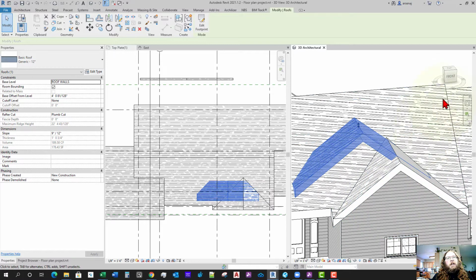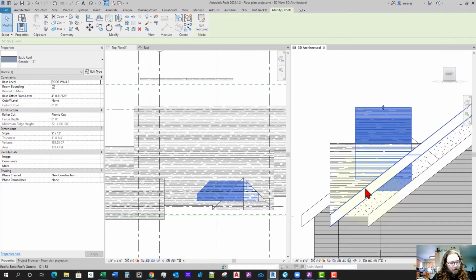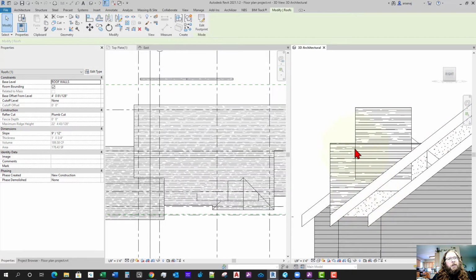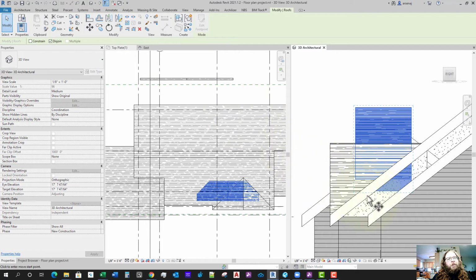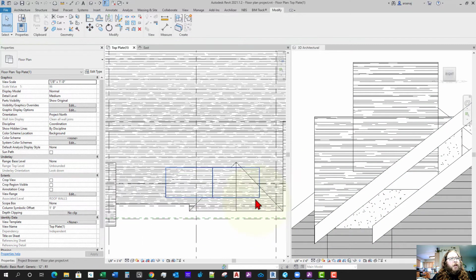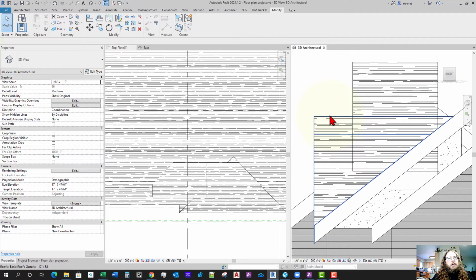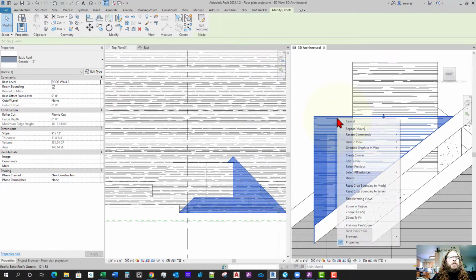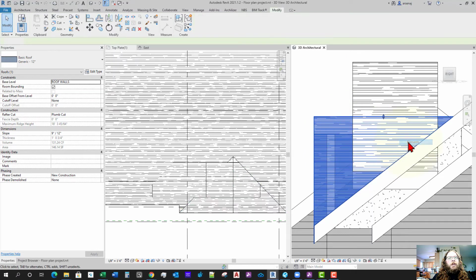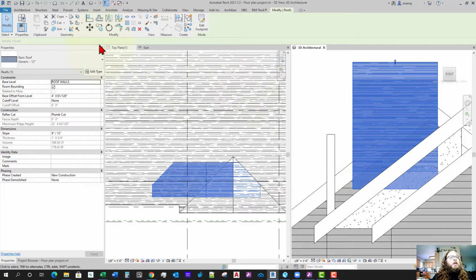Now the interesting thing again is if we go to our front view, let's go to the right view. Oops. If we go to move, if that corner, we can do it in the plan view to see it easier. Let's hide this roof. I'll show you how to hide this. If you right click, you can say hide in view element, and then I'll show you how to get it back. So we can click this, hit move,